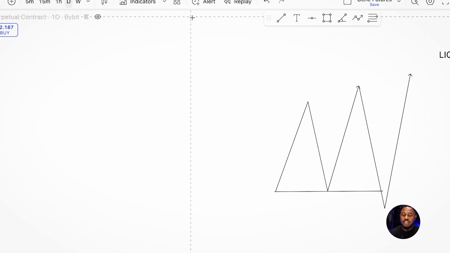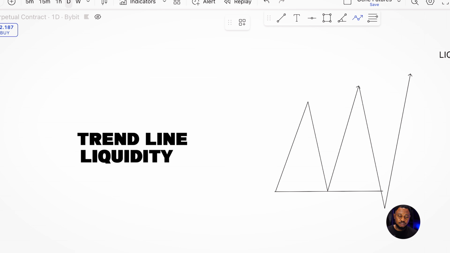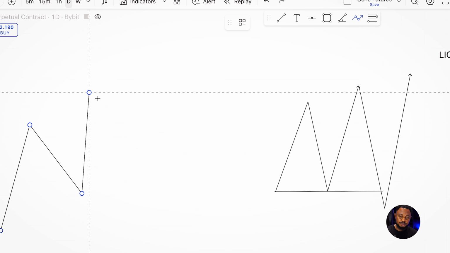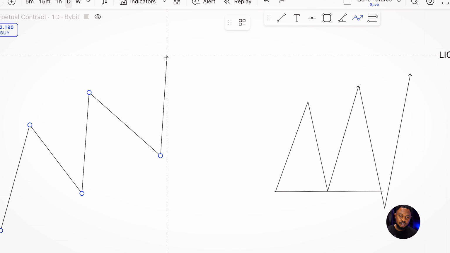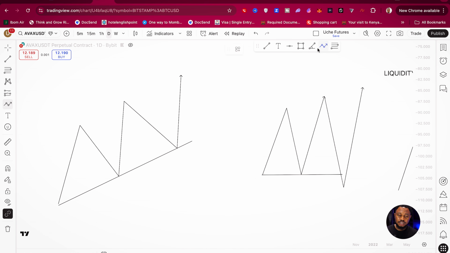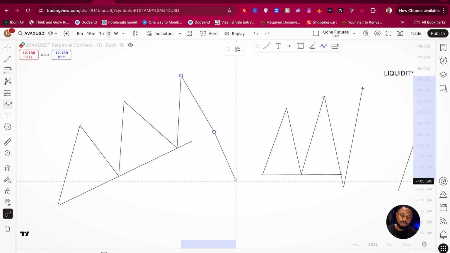The third type of liquidity is trendline liquidity. So this is basically a scenario where the market is respecting a particular trend line. So this here is your trend line, right? Now what usually happens is the next time the market comes back, people are expecting that they should have an entry point here and target higher prices. But what actually happens is the market sweeps out this particular trend line